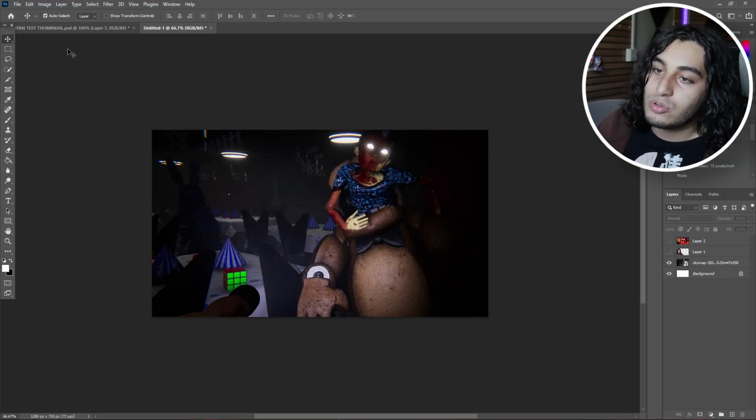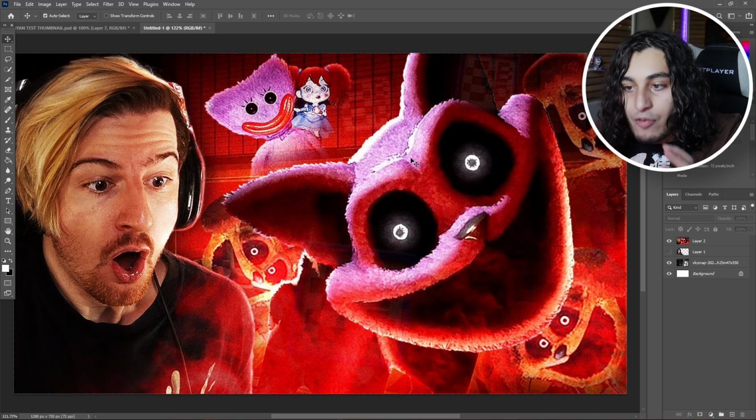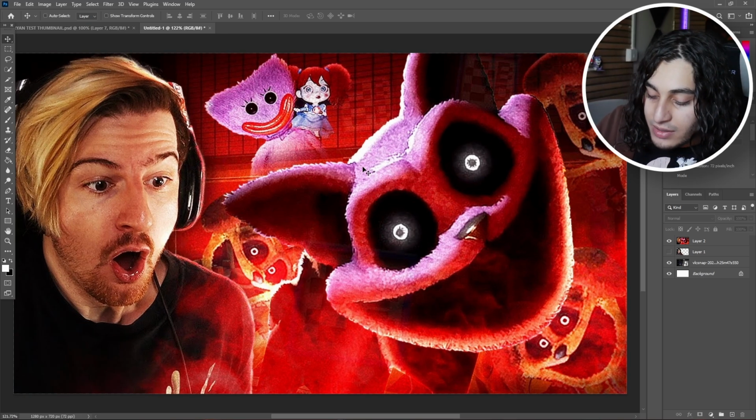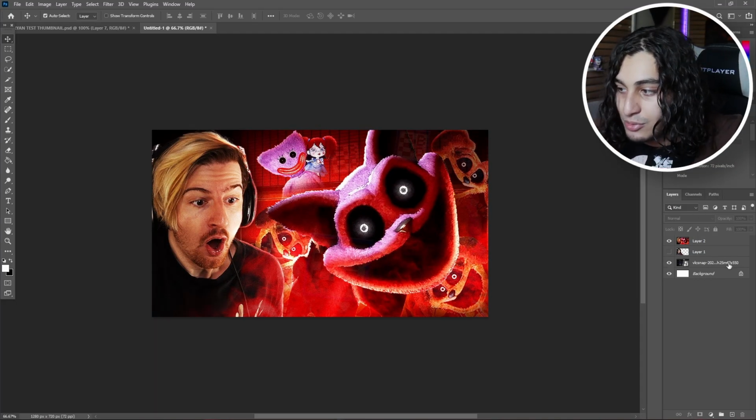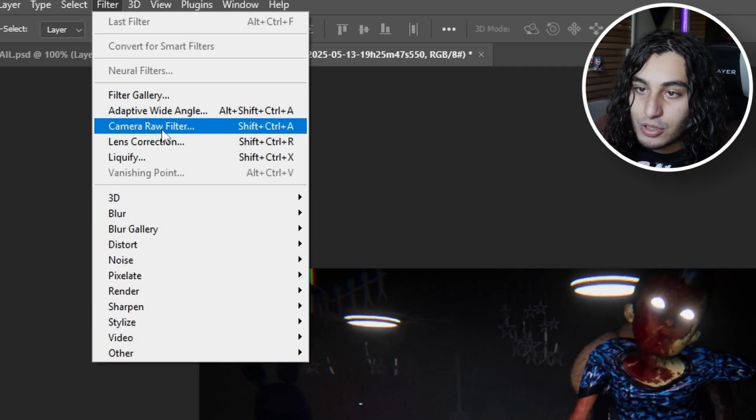With bitryan thumbnails, if we take a look at it and we full screen this, it is very grainy. What this effect does is when you look at it from a distance, it makes the image look more sharp. We're going to want that effect. It is very simple to do. We're going to select our layer, come up to filter, and then push camera raw